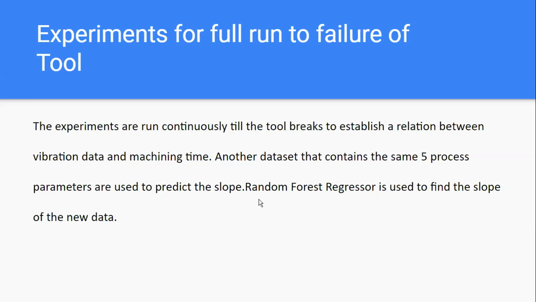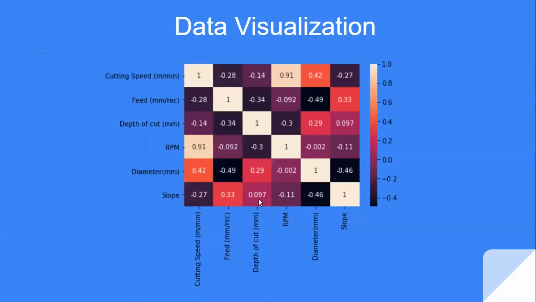Even for this data, the data cleaning has been done, as this data set also has extra columns such as the dates, run, status, mean. All this data has been dropped. The final data set had 13 rows and 6 columns, out of which 5 are the input features and the output was the slope. I have also visualized the data using the correlation matrix for this data set.